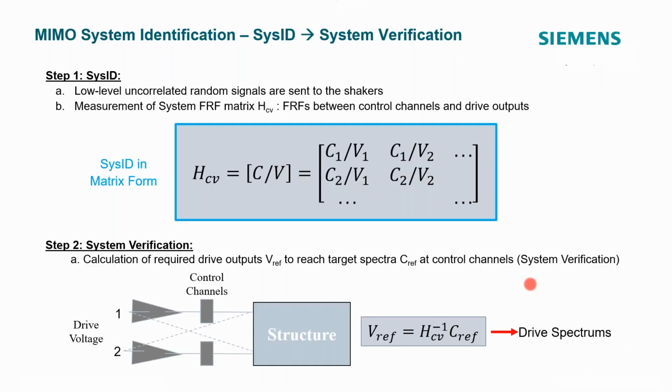So again, with this form, the time domain form, we're going to use some spectral information and we're going to calculate these just like in the structural case. We're going to measure our SysIDs because we want to derive our drive voltages in the time domain, send those to the shakers, and then measure our responses, but in this case, time domain responses, which we want to control to.